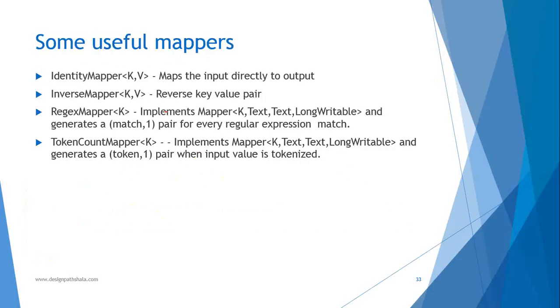So if I don't have to create my own mapper class, I can use some of the default mappers which are already implemented for me. Identity mapper is nothing but it produces the key and value pair which is given to it. So it will not do anything on your data. Inverse mapper, as the name suggests, will just reverse your keys and value pairs. Regex mapper will basically generate